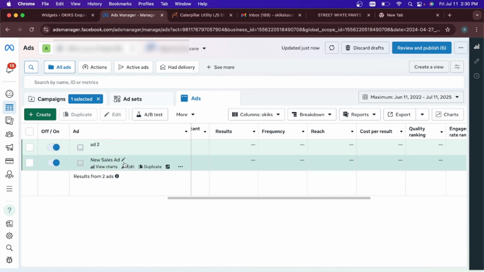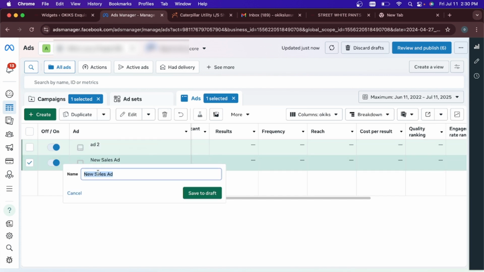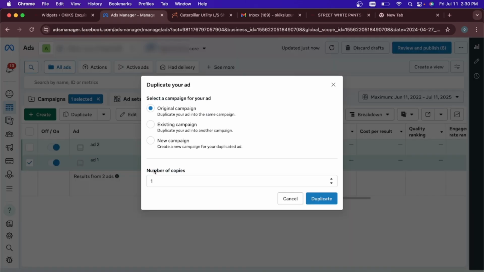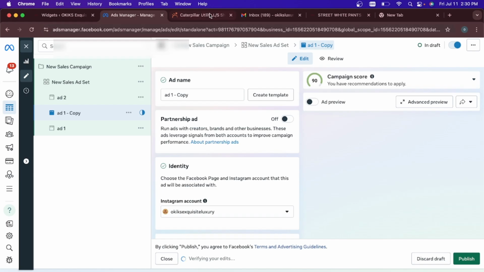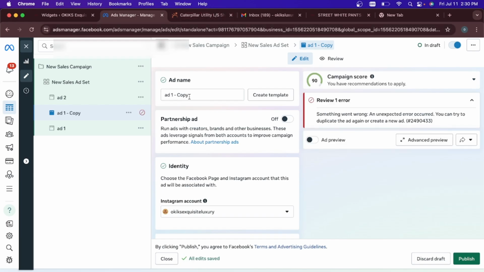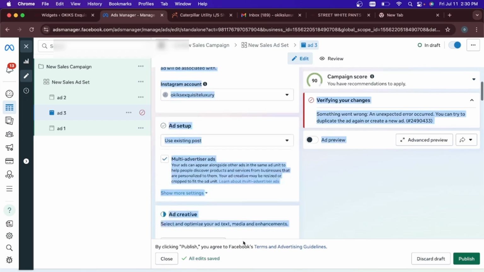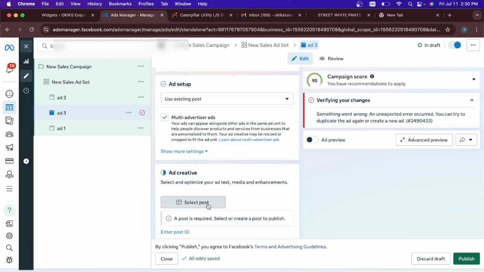And then first we call this one ad 1. Now we're going to duplicate it. Let us pick a post from March 19th. Alright. Okay, first thing we'll call it ad 3. I hope you are following along and you're seeing how to do this for your own brand. And we'll come here,